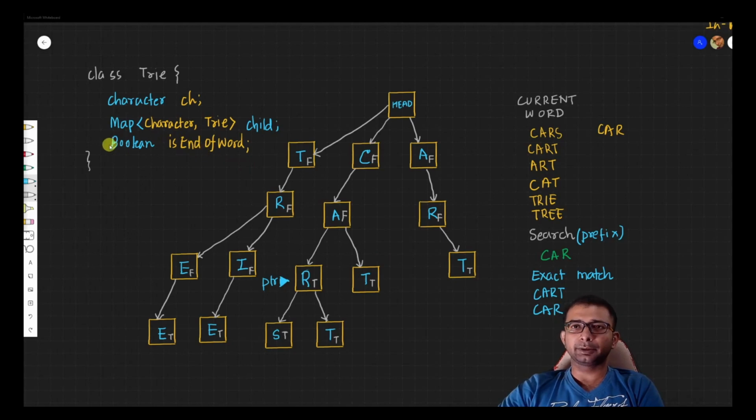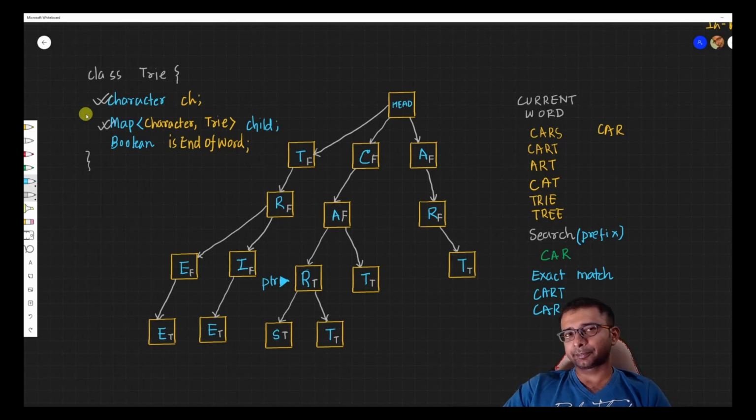Based on the implementation, you can store how many childs are there, and you can do a lot of customization. But the basic principle, which is these two things over here, remains exactly the same. And now based on your requirements, you can add different variables and things like that in order to get that done, right?